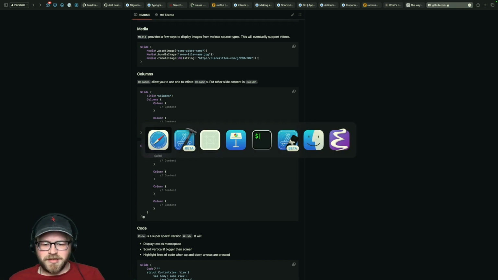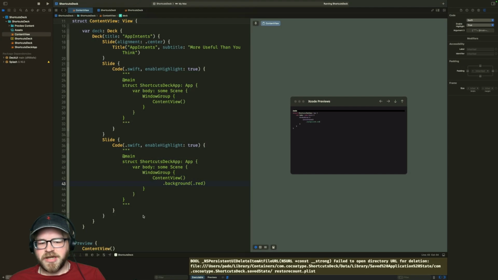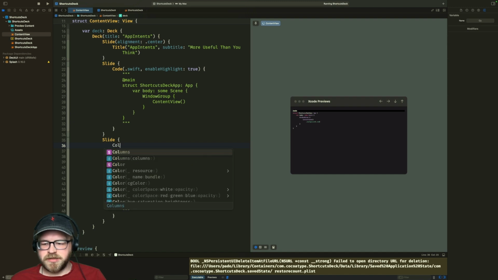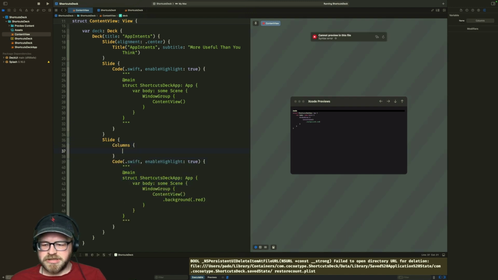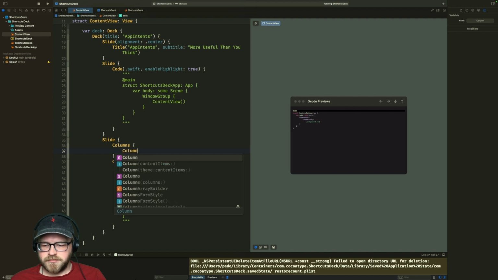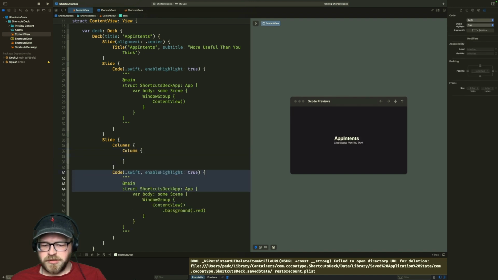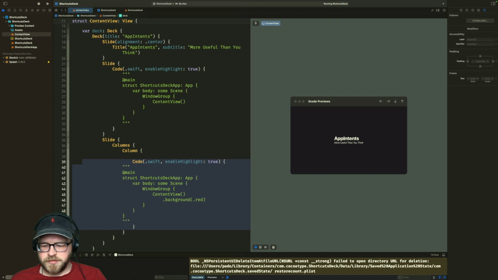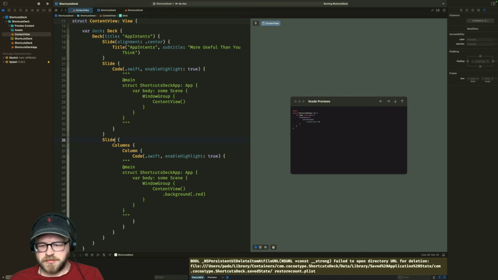Okay. Yeah, okay. So we have the ability to put code in here. Now, the reason why this exists is because we can do columns, and then we can put this in a column, and then we can put the code in a column. That didn't work quite as well as I would have hoped.